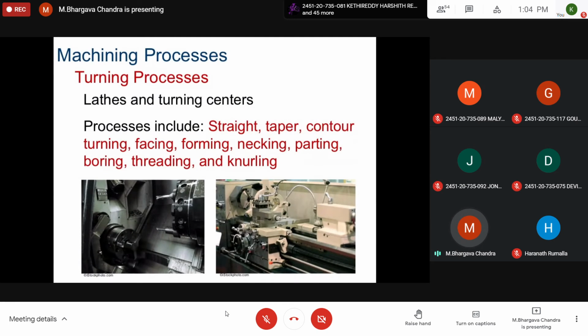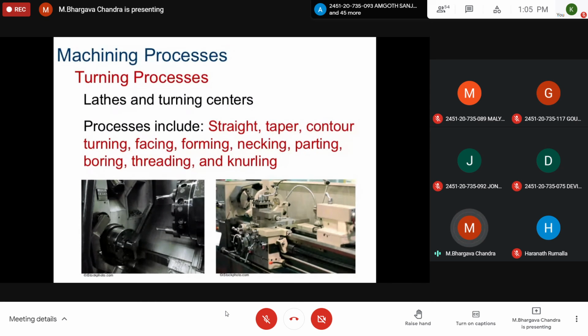As per the requirement of the shape of a particular cylindrical component, sometimes the component would have a curvy shape. Okay, it may not always have a uniform circular shape. Sometimes it may have steps of different diameters. Sometimes a grip has to be created, roughness has to be created. Sometimes threading has to be created. Sometimes a hole is to be drilled on the cylindrical component. So all these things come under straight, taper, contour turning. Sometimes an inclination is to be maintained, where the diameter gradually increases.